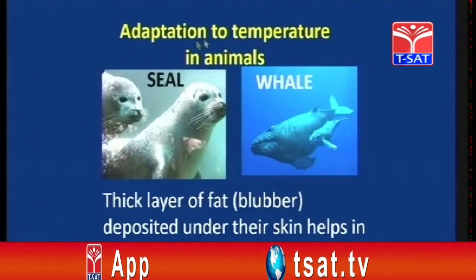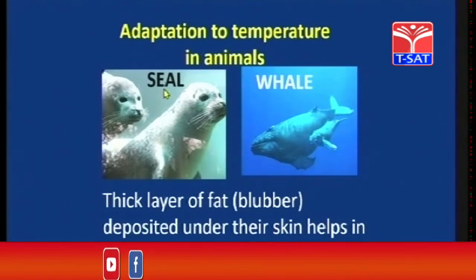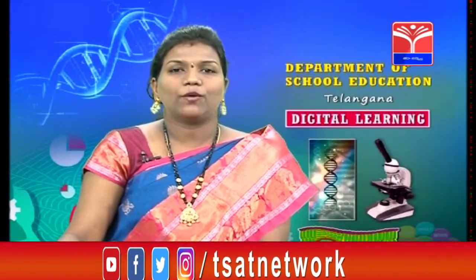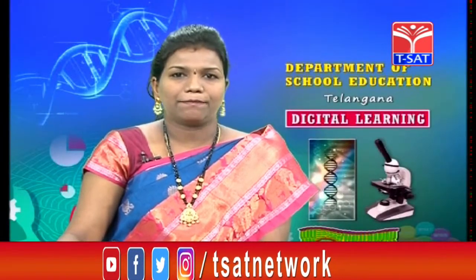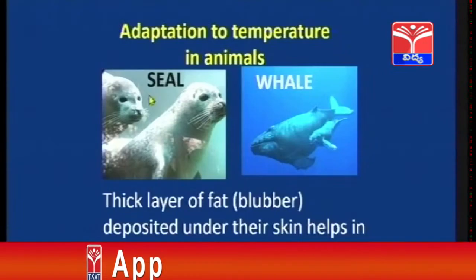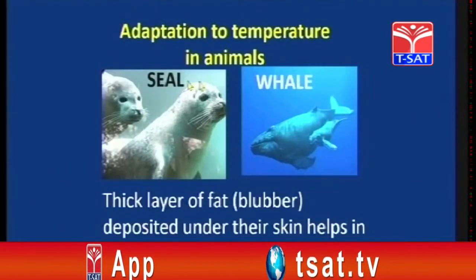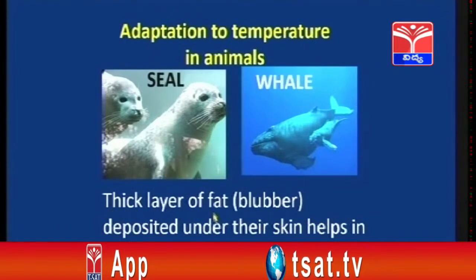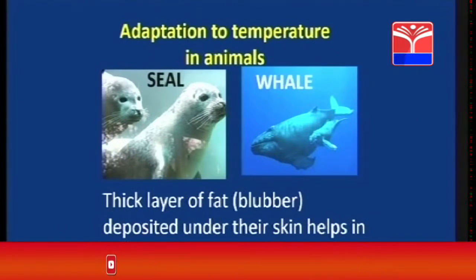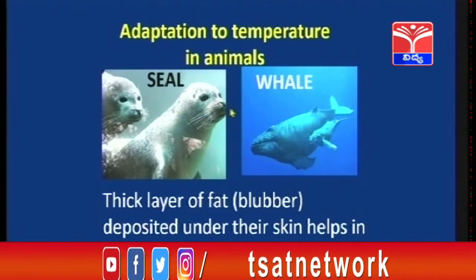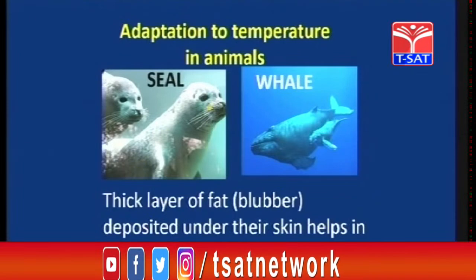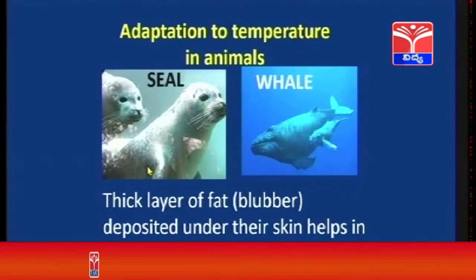Children, you can see adaptation to temperature in animals. Seal. Children, in the last session we have seen how seals will collapse their lungs and swim down, right, without any efforts. Now, children, the adaptations to temperature in animals, that is seal and whale. So, seals and whales, a thick layer of fat, that is blubber, is deposited under their skin, helps in producing heat and energy. So, the seals and whales have fat, that is blubber, deposited under the skin. This is making them to produce heat and